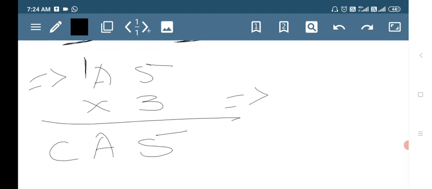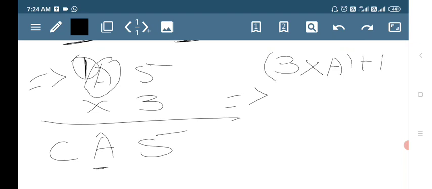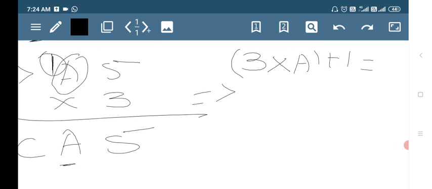I am multiplying 3 with some value that I should get 1 here. Okay. So what is that? 3 into A, here I have got a carry from the previous multiplication, so that is plus 1 must have ending with A. So what could be the possible value of A?